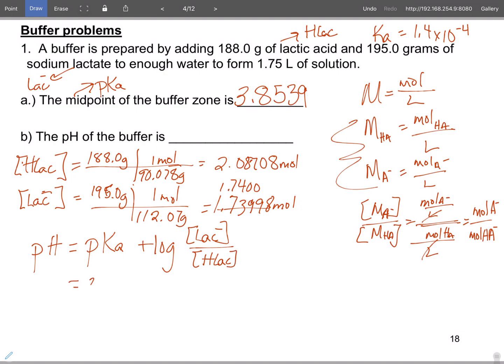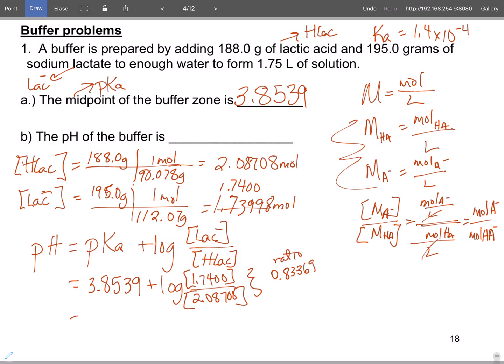So we know it's 3.8539 plus the log of 1.740 divided by 2.08708, which when you ratio these two gives you a ratio of 0.83369. That is my ratio. So if you take the log of that, 3.8539, and remember,